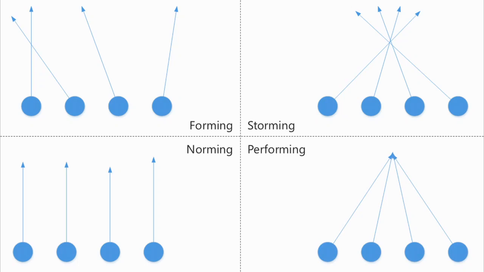When you get past norming, you end up in performing, and there's actually another stage a lot of people talk about called high performing. But performing is where Chris and Tony agree this is what we want to accomplish, and whether or not they have different ways of accomplishing that, they're willing to give in. They're willing to concede. For Tony to say, hey, Chris, you're closest to this problem. You know how best to solve this, so I'm going to step back and listen to you for leadership. And what happens in a performing team is whoever's closest to the problem becomes the leader, right? Great.